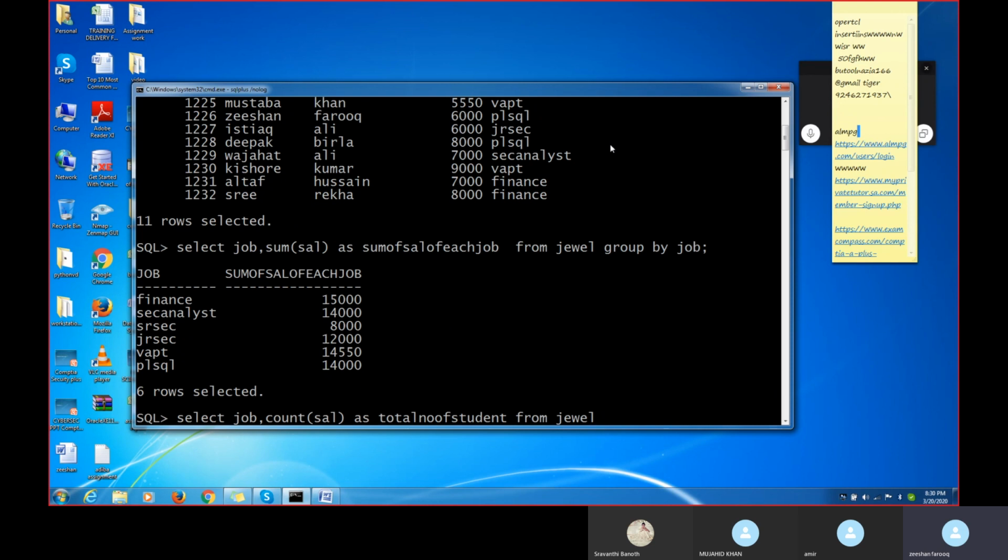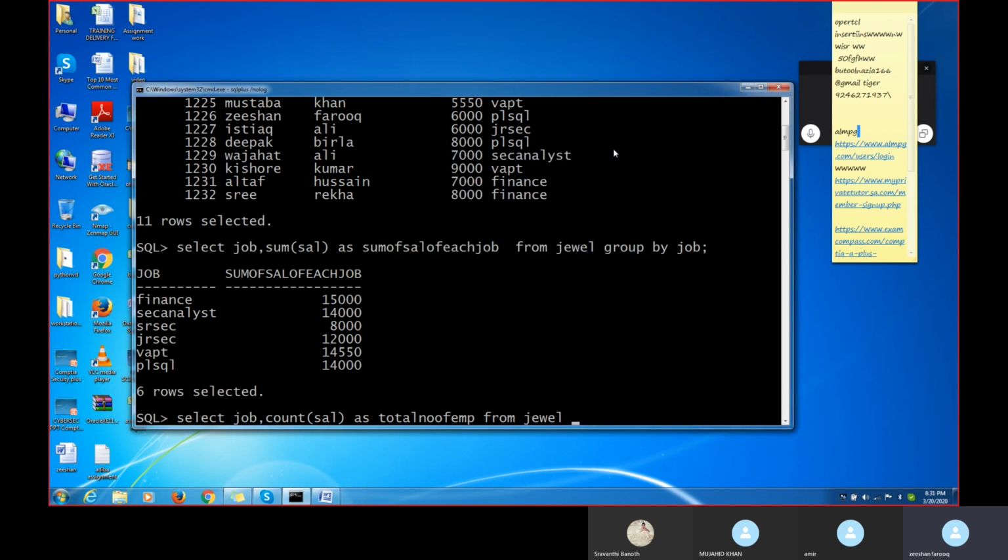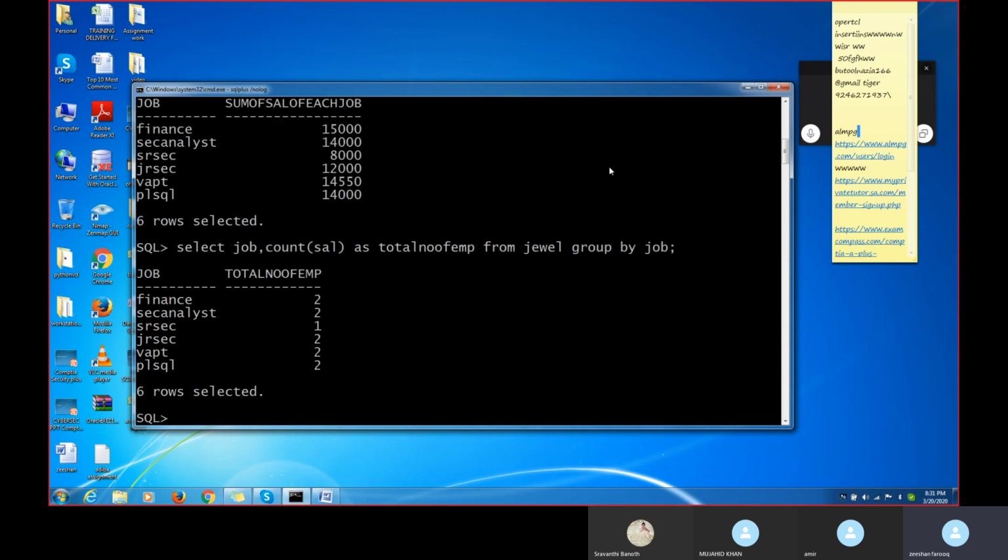Group by what? Based upon the job, we are finding the number of employees, not number of students. All these are employees, right? Group by job, we are trying to segregate.